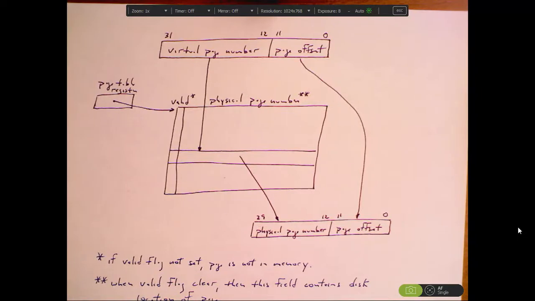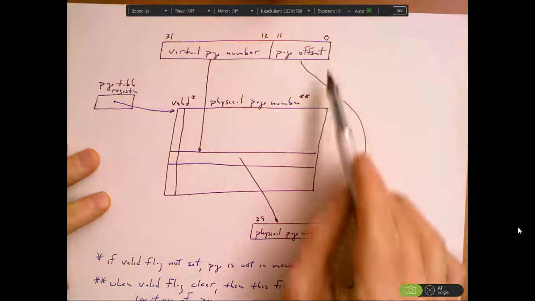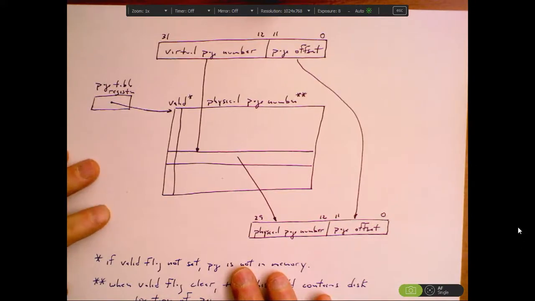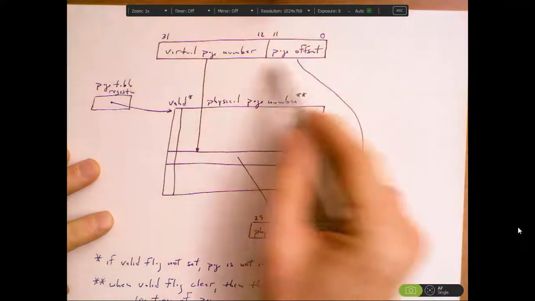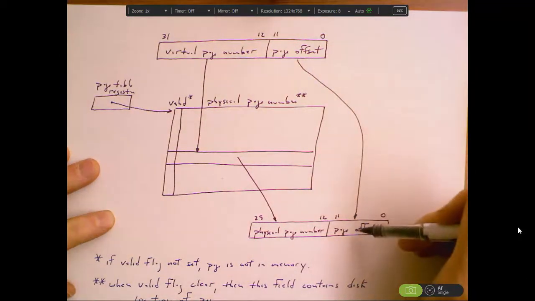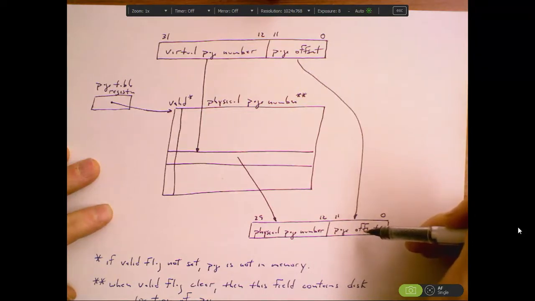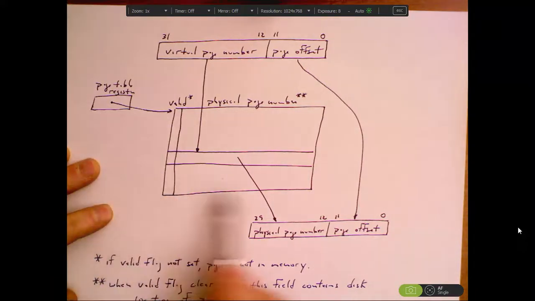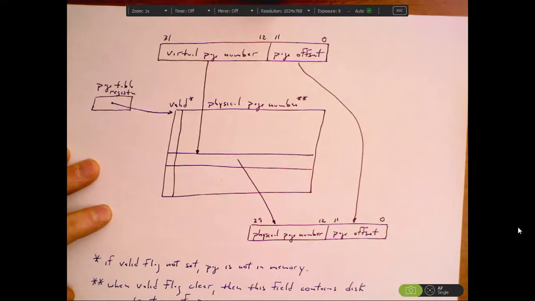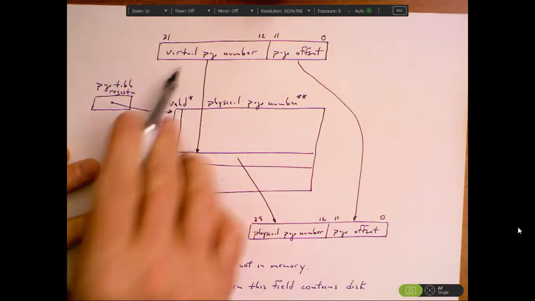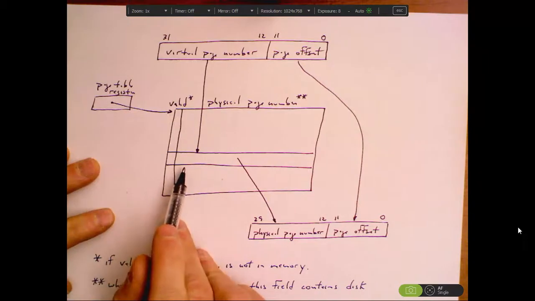So at the top of the diagram we have the virtual address. Again, it's a 32-bit address, using the same example from before. It's divided into a page offset and a virtual page number. The page offset, as I said before, those bits are just going to be brought down and dropped into the bottom part of the physical address. But we have this page table register that points in memory to this table, the page table, that will do the mapping. So the virtual page number will be looked up in this table,